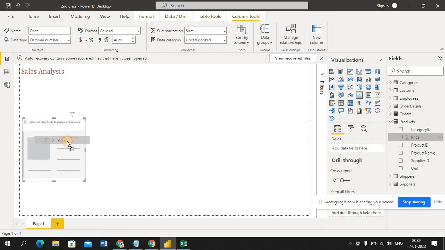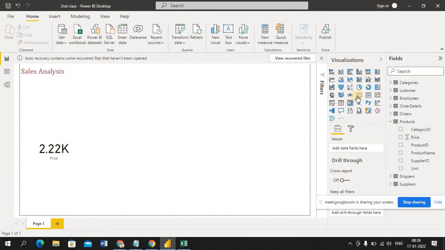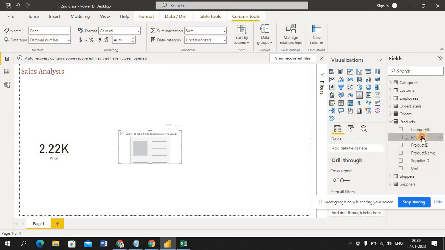So this one I showed here, I'm directly dragging this column here. Again, I place one more card here, this is one more card. So the same price I drag here. And one more thing, guys, whenever you're playing with these visualizations, you have to be very careful about which